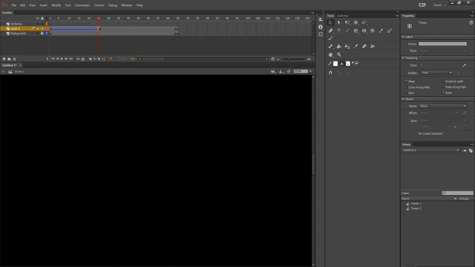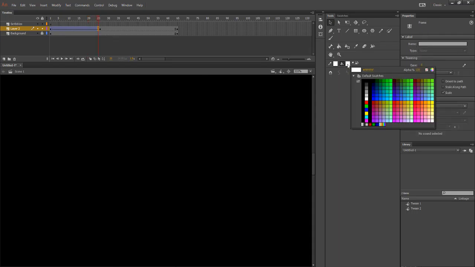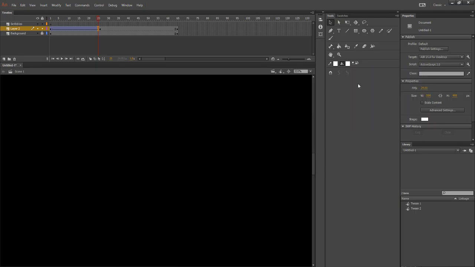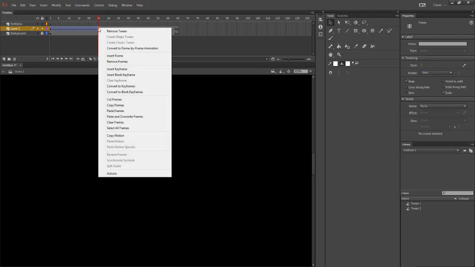This ring, the fill color is going to be 99%. Insert frame.